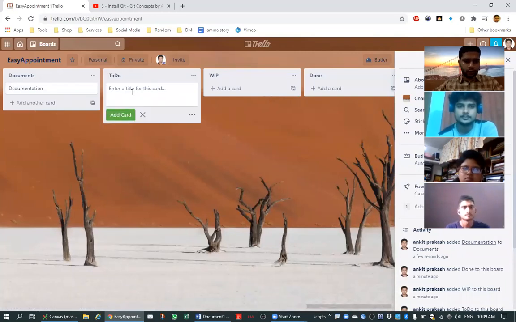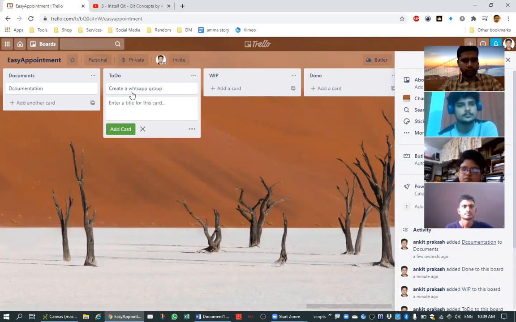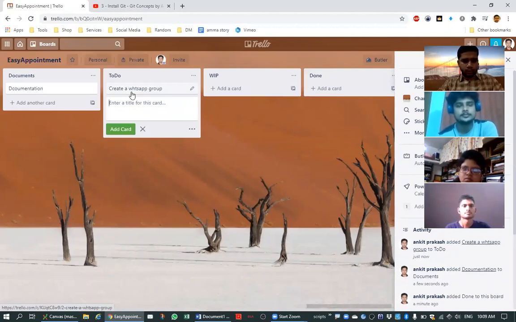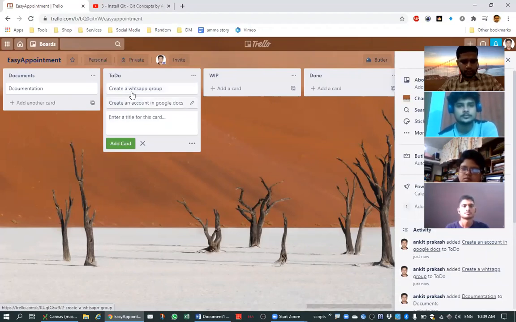So the first thing to do, I will say, is create a WhatsApp group, then create an account in Google Docs, then a Git account. Everybody has that, right? Yes. And for Git extensions,